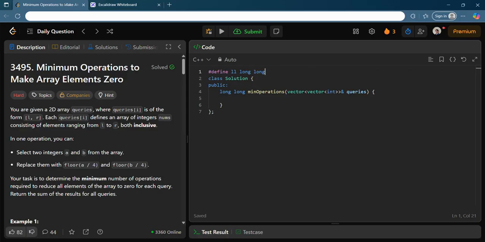Although this is marked as hard, I will definitely suggest you first try it on your own, then only continue watching the video, because this is not at all hard. I don't know why it is marked hard, but after I explain, we will be able to understand it very clearly and easily. So you are given a 2D array queries where queries of i is in the form